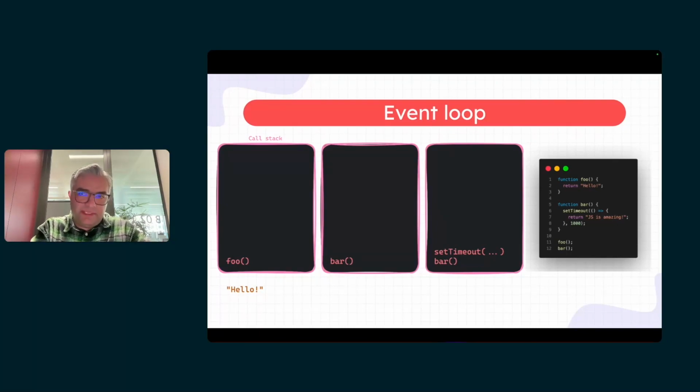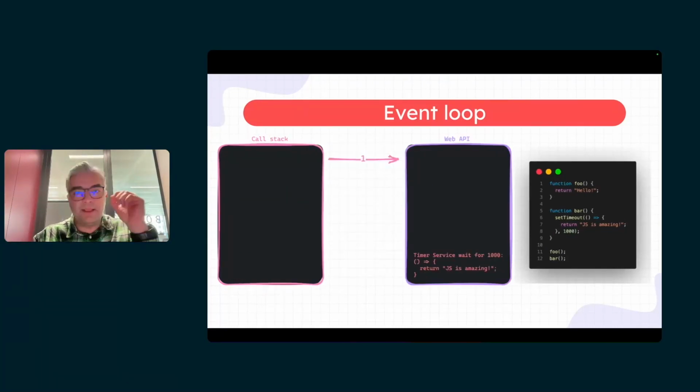So JavaScript is supposed to run this function, and this function, where is this function? It is inside the browser, which we call Web API. It's part of the Web API. It's not part of the JavaScript engine. It's better to say it because something else is taking care of this set timeout. Again, long waiting task. Let's move on.